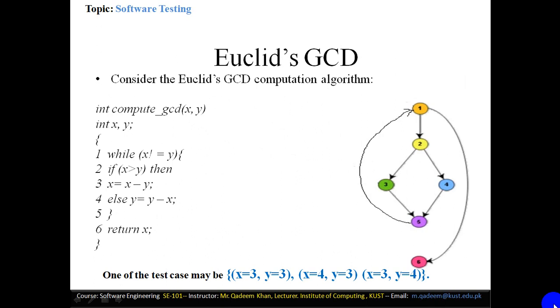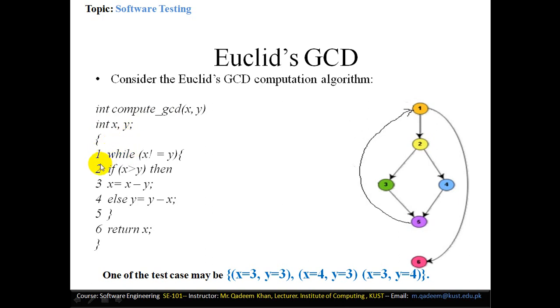Now let us take an example here. For example, this is the GCD algorithm for computing the greatest common divisor. It is the Euclidean GCD algorithm, and as I mentioned in the earlier lectures, we should number the statements in the program, and the numbering should start from the branches. It is better. So you can see that this is the body of the GCD function.